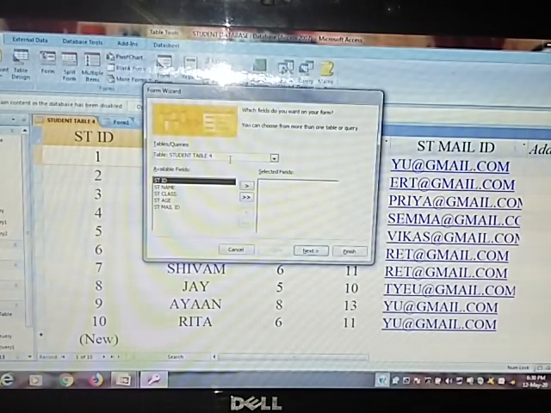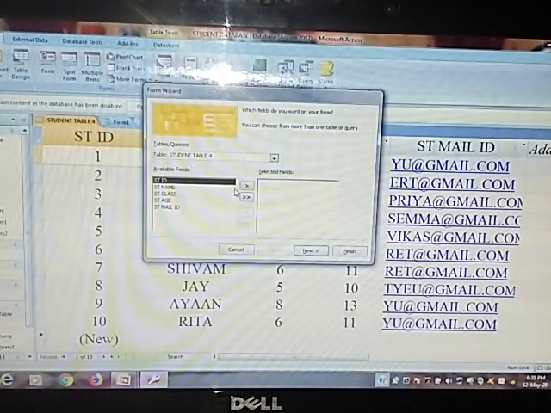When you click on the Form Wizard, the Form Wizard dialog box will appear on your window. First you have to define which table you want to use. You can choose more than one table or query. That means in this Form Wizard you can use queries or tables or both. So here we use one table, that is Student Table 4.